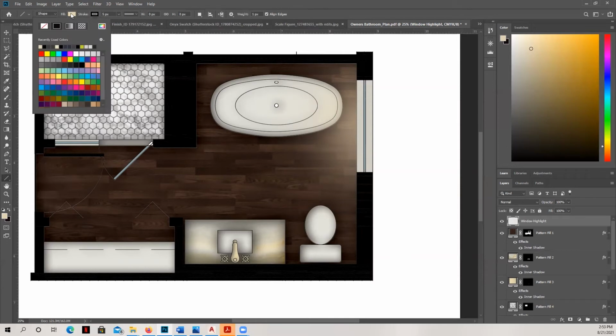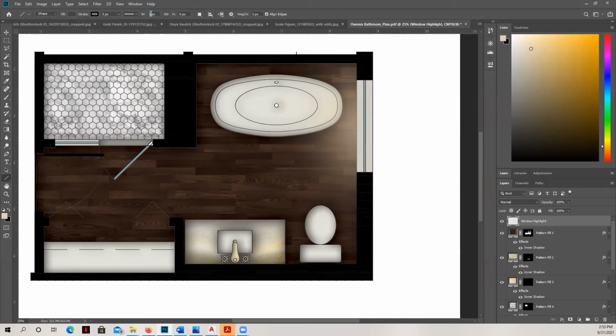We're going to adjust the fill of our line so that it's dark. You could do it in black. I tend to go a little bit softer than black. I'm going to do a light gray. And the width we will set, you can set it to 5 for now, but the height is what's going to be really important here. The height is the thickness or the line weight.